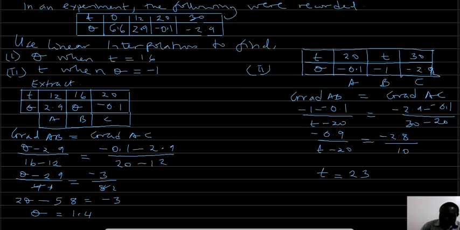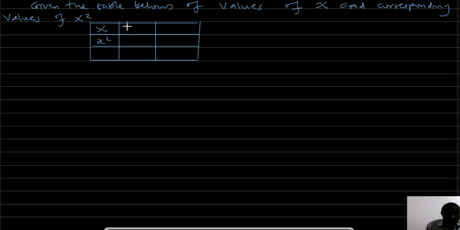So we have another example before we do some exercise. Given the table below of values of x and the corresponding values of x squared. Our table is here. I have 3.35, 3.36. Corresponding values here have been 11.223, 11.290. They need us to use linear extrapolation. Find